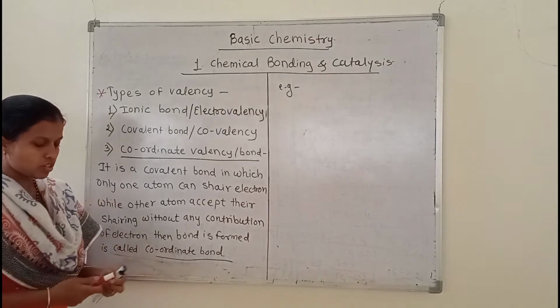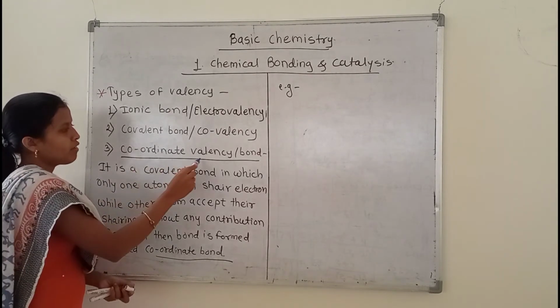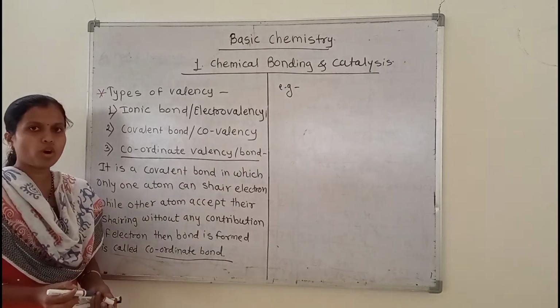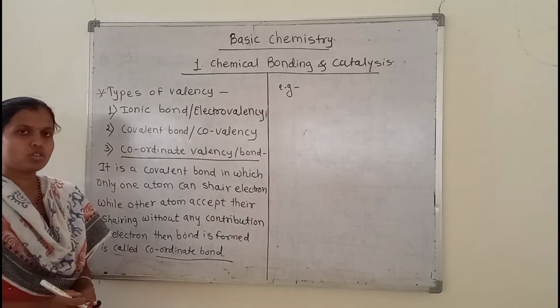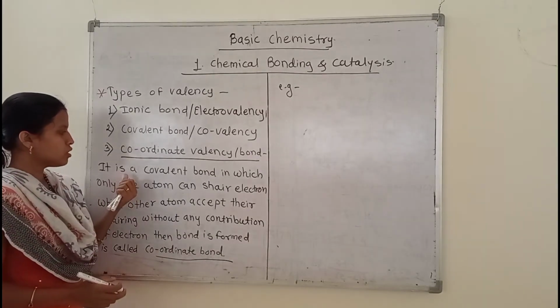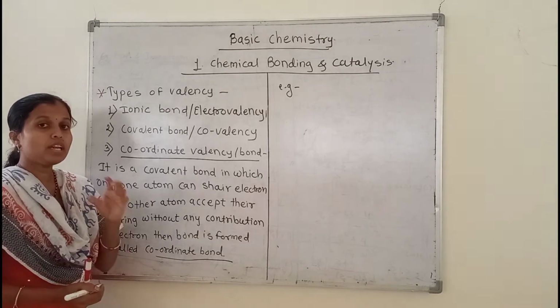In today's session we discuss the third type of valency, the coordinate valency, which is also called the coordinate bond. So let's see the definition of the coordinate bond. The coordinate bond is one type of covalent bond in which only one atom